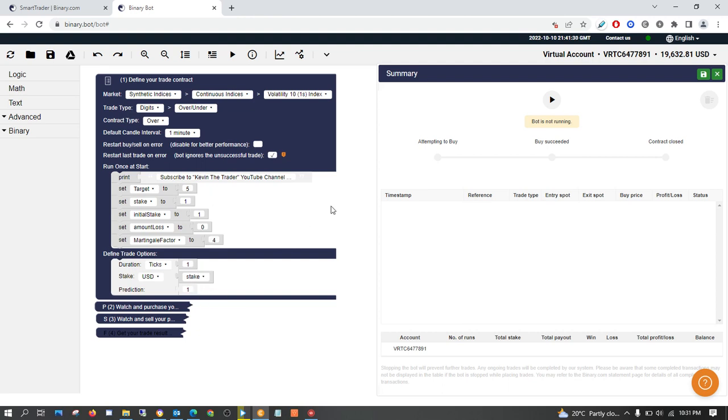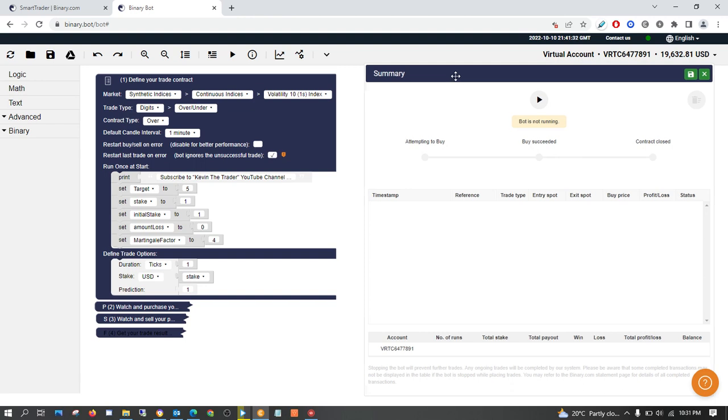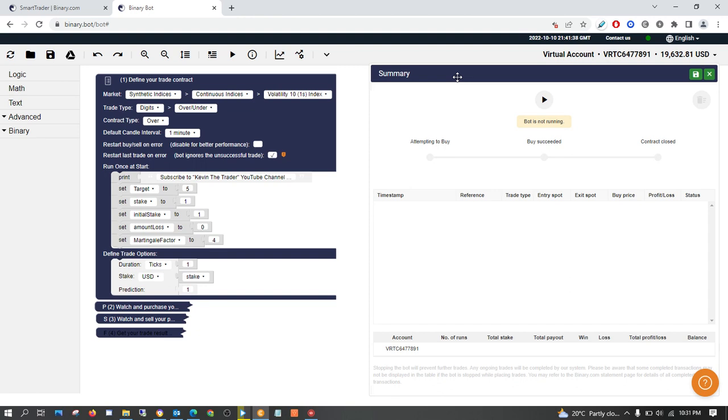So I'm just going to show you how this bot works and how it can grow your small account to a larger account. Mostly, don't stay on the market for more than 30 minutes. But ideally, it's recommended that you stay less than 20 minutes.